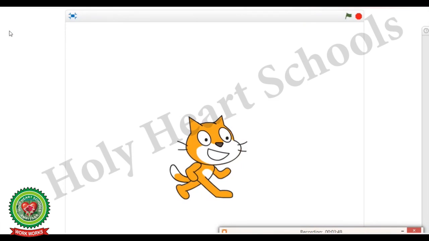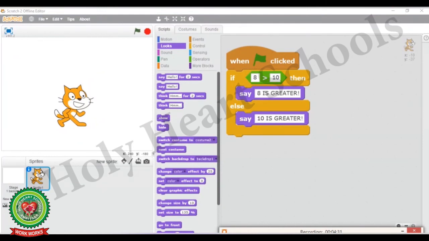To display the result, click on the green flag. Now here you can see the sprite is displaying the message 10 is greater. Now to stop the execution, click on the stop button. To come back to the normal view, click again on the full view mode button. Now here you can see 8 is not greater than 10, so the else part will execute.